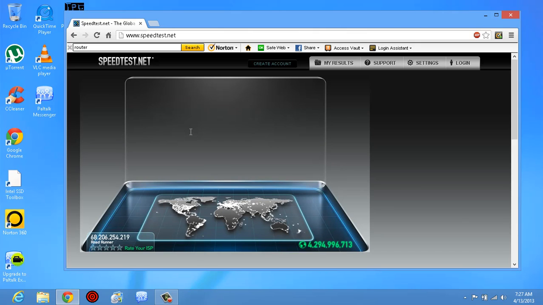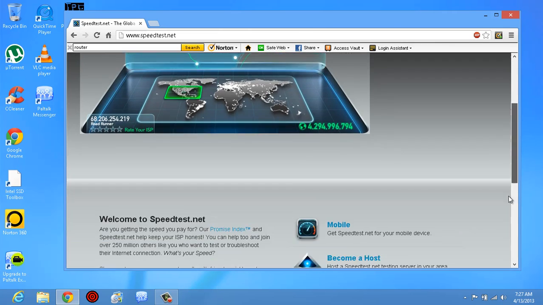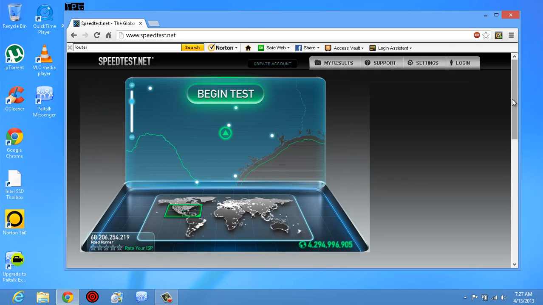That is on their side and only on their side. But if you have a router, you can change it all you want. It won't change the IP address. It's permanent. But if you have a cable modem or DSL modem or fiber optics, you can change your IP address. My current IP is